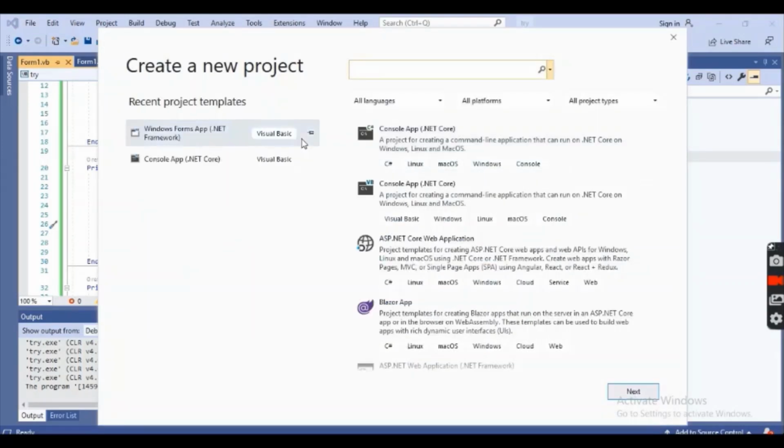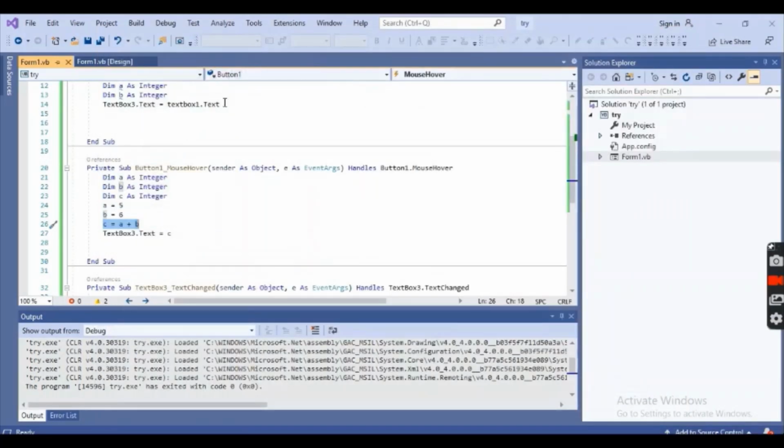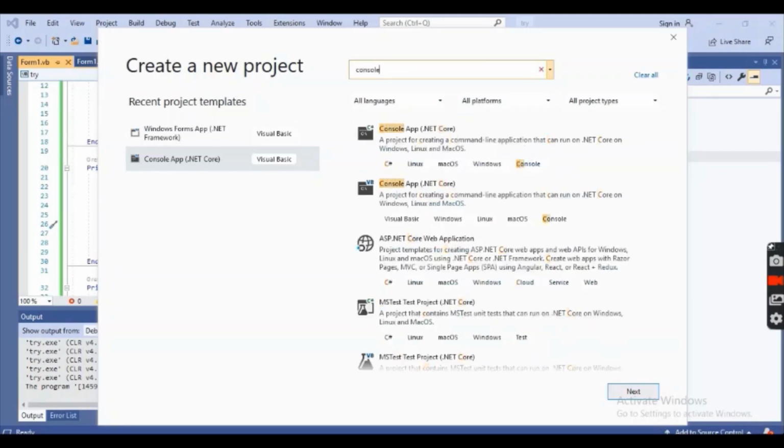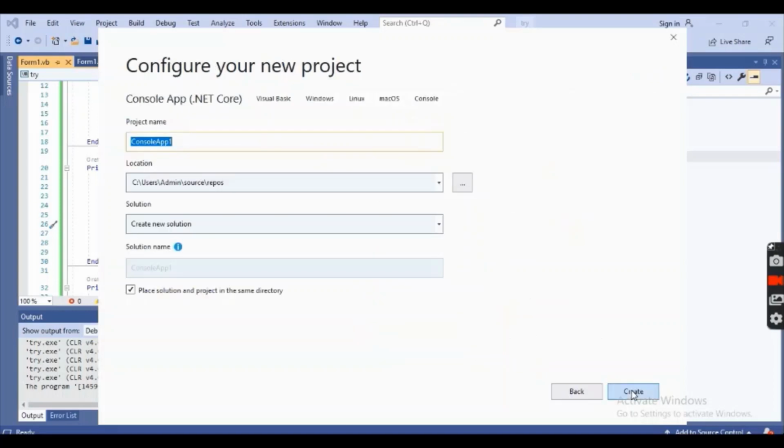I will now create a console application. So this is Console App. On the left you can see it right here, and it's in Visual Basic. If it is not shown, you can search, for example, for me File, New Project. Here, because I created one before, it is showing here. If it's not shown, you can type console application here, and it will come up as well. It's totally up to you, you can create in C# and Visual Basic and everything. I'll click this, Next. Console application 1, I'll give it this name, Create.